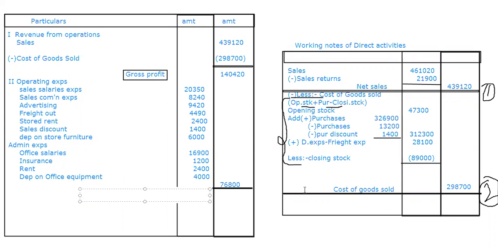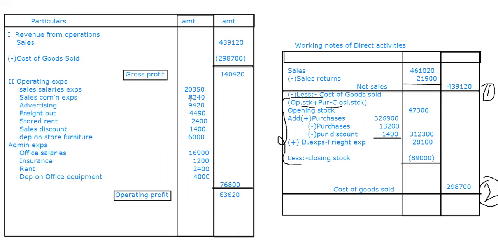63,620. So once again, you just remind me. So this one, I said we can write operating profit also. How much did you say? 63,620. Okay. So when we have minused these operating expenses, that's how we got a net balance amount. So that's why we can call this an operating profit also.